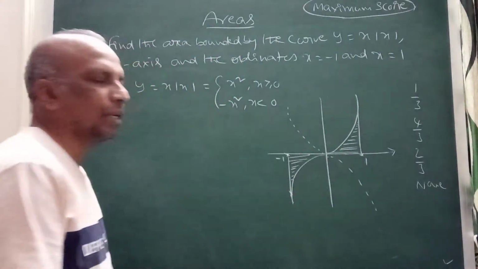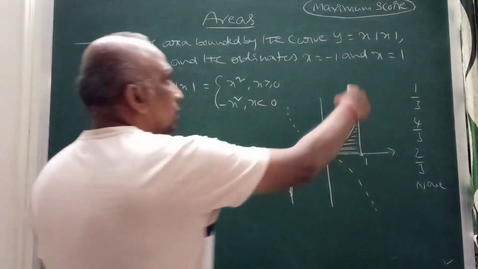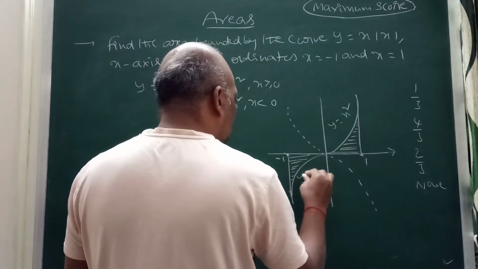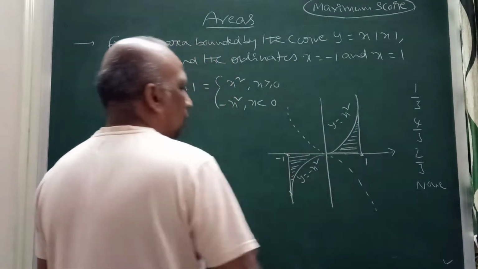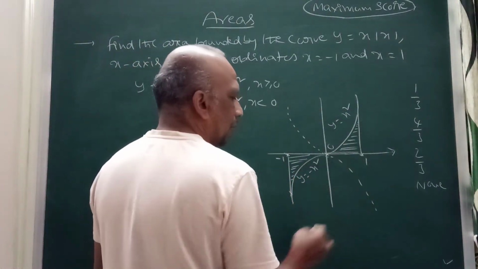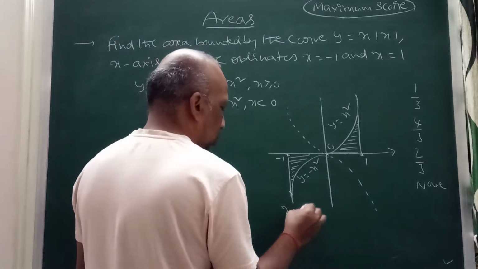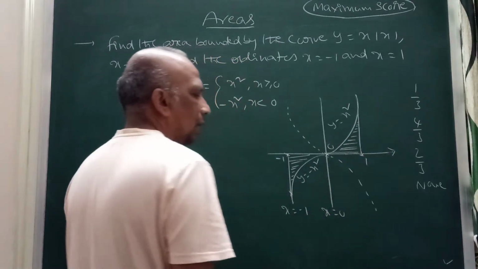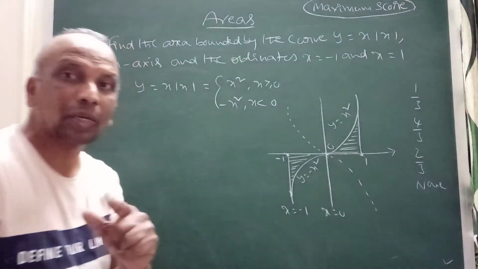That is the required area, right? So this part is y equal to x square. This part is y equal to minus x square when x is left of 0, between minus 1 and 0. So this is x equal to minus 1, x equal to 0. This line, if I extend that, you can get x equal to 1. So the required area,